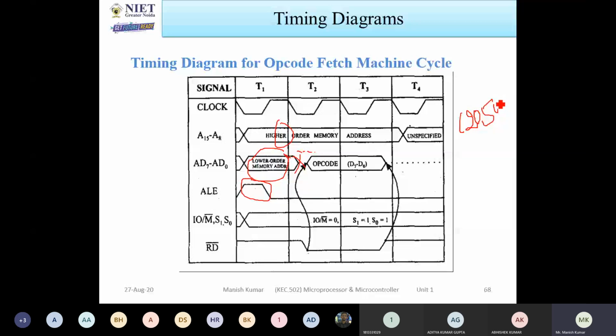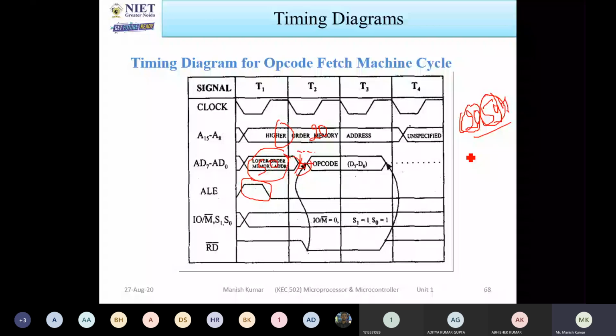So this address, where is the lower byte? This is the lower byte and this is the higher byte. Lower 8-bit and higher 8-bit. So this 50 will be written in this, and this 20 will be written in this. After that, these two get combined in this time period, and it will create the full 16-bit address.